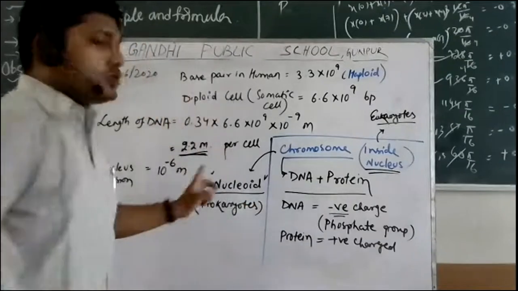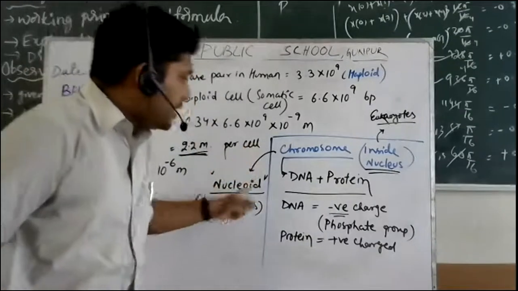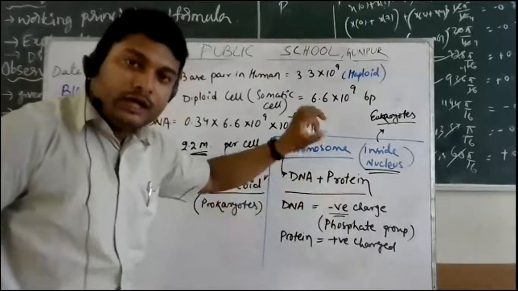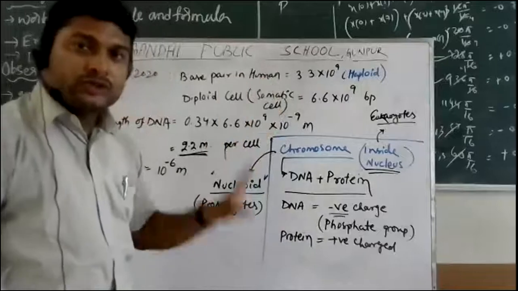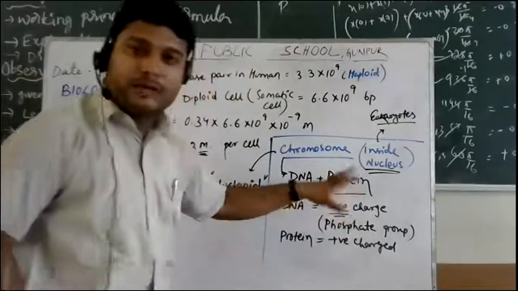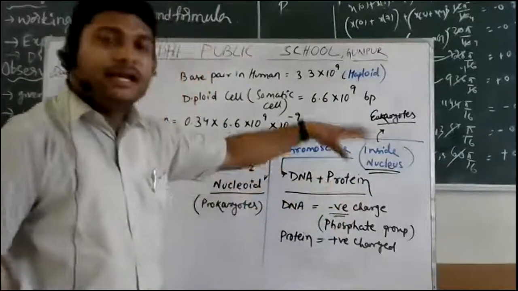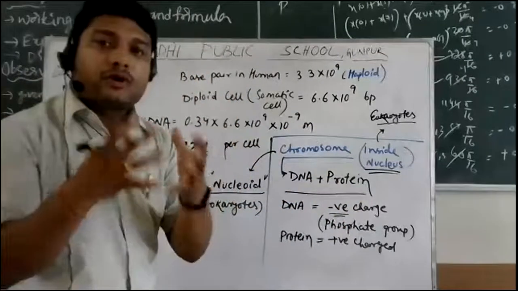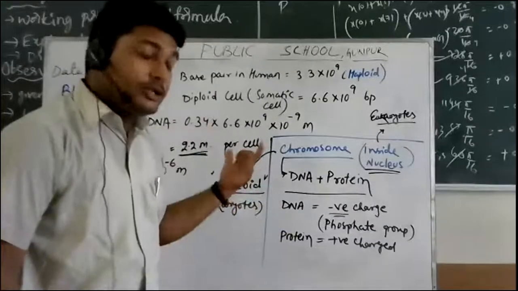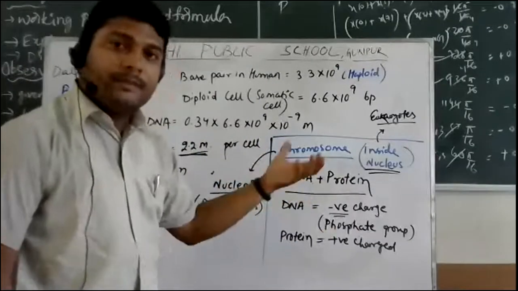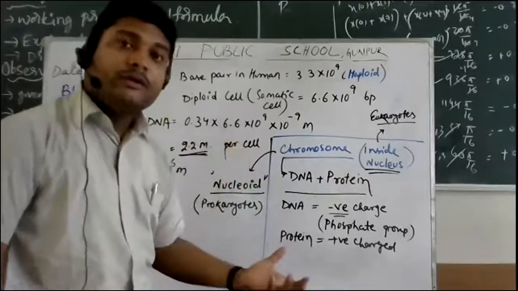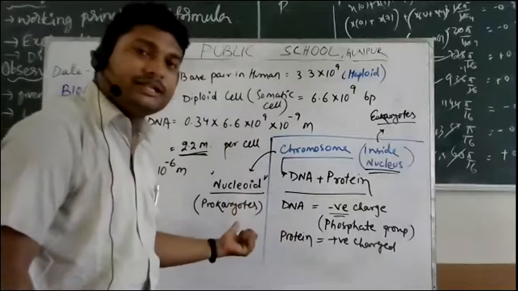Keep this in mind. So here also in the nucleoid, you're going to have the DNA getting associated with certain non-histone chromosomal proteins. Remember this one, non-histone chromosomal protein. That basically is going to allow the nucleoid to form. It's a special region in prokaryotes where the DNA of the chromosome is present, and there is no nucleus in this particular case.